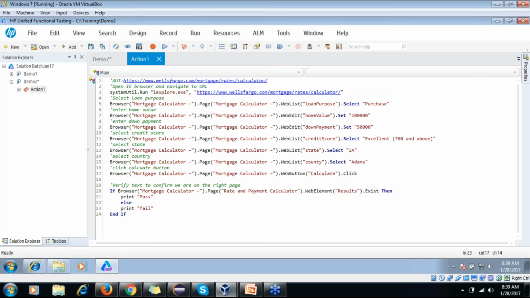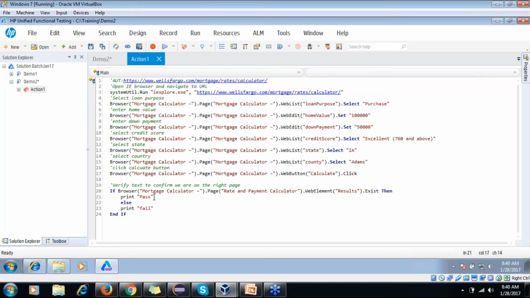So there are two ways, team. Print helps you print anything. UFT provides this keyword print, which you can use if you want to print anything, and after execution it will show you on the console.